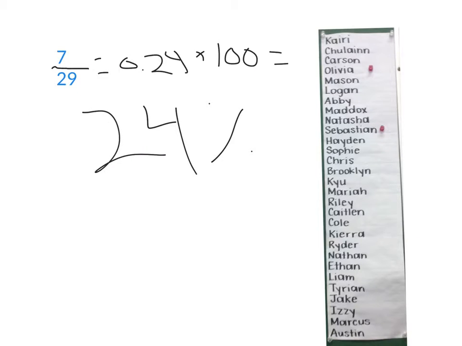Guys, today I'm going to be explaining another real life percentage, and I'm going to be doing how many kids in our class have a comfy chair. And if you look in here, from Sebastian to Olivia, inside this box, it's going to have 7, and there's 29 kids in our class. So if you divide that, it equals 0.24, but the real whole number is